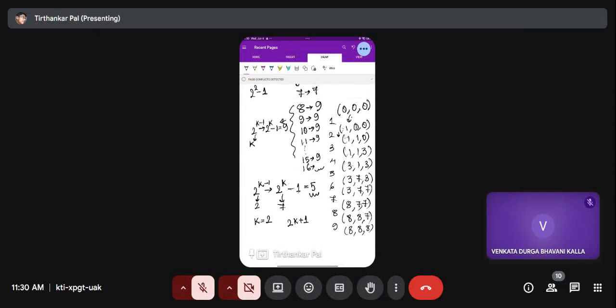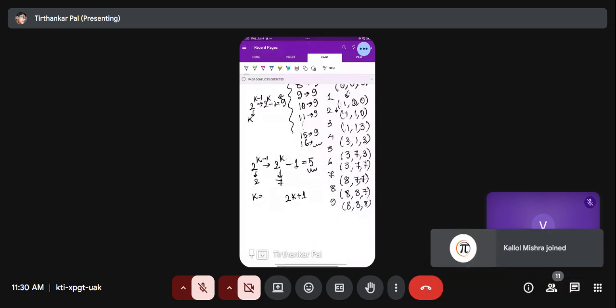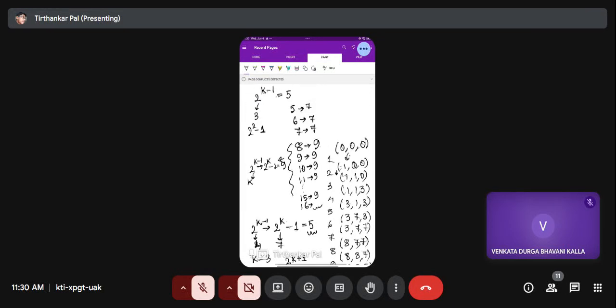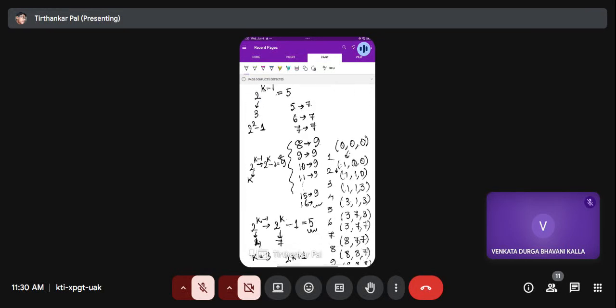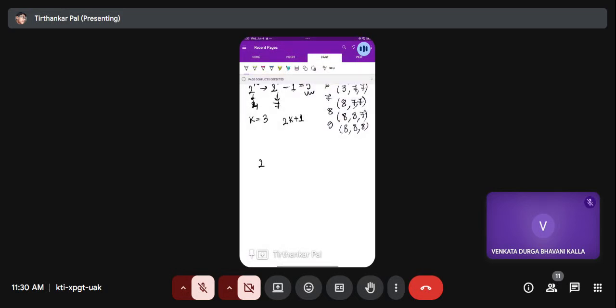So what was there? It was 2, and it was 4, and k equals 3. Okay, so now it is okay. So basically here also, for 2 to the power k minus 1 to 2 to the power k minus 1, the answer is 9. Here the value of k is 4, so it is 2 into k plus 1. So basically what we can see is that for a range of values, from 2 to the power k minus 1 to 2 to the power k minus 1,